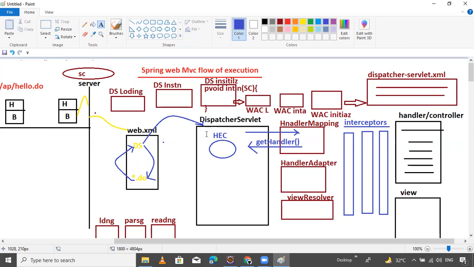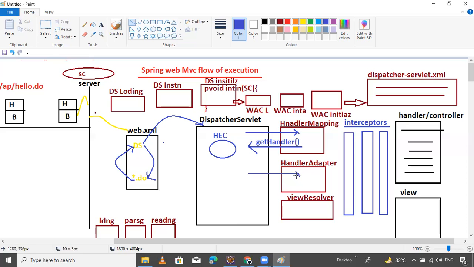Now come here, guys. After getting the handler execution chain object, the dispatcher servlet will use the handler adapter object to access the handler by using the handler method. What is that? By using the handler method, guys.